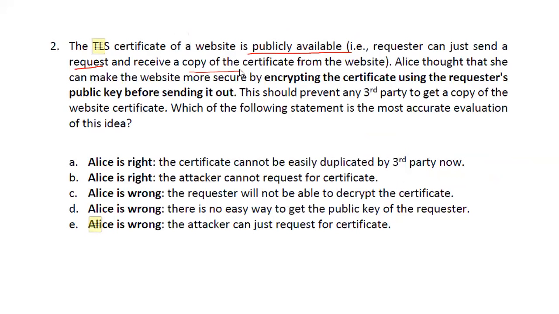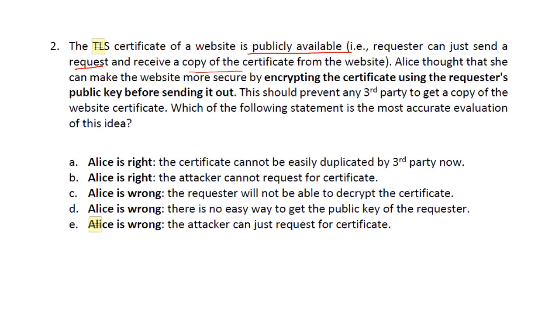So the certificate is publicly available. And what we have next is Alice thought that she can make the website more secure by encrypting the certificate using the requester's public key before sending it out. The objective of that was to prevent any third party from getting a copy of the website certificate.